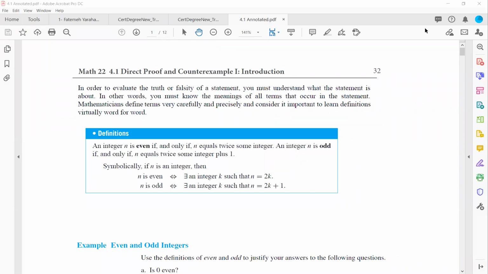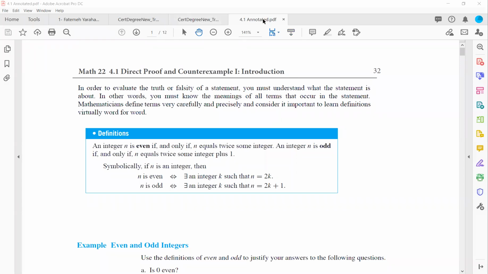Very well, let us begin chapter 4. So chapter 4 is about methods of proofs in discrete mathematics. The very first type of proof is using the definition to prove a statement, a theorem, or a lemma. Before we begin talking about the use of this type of proof, we need to define some basic definitions,